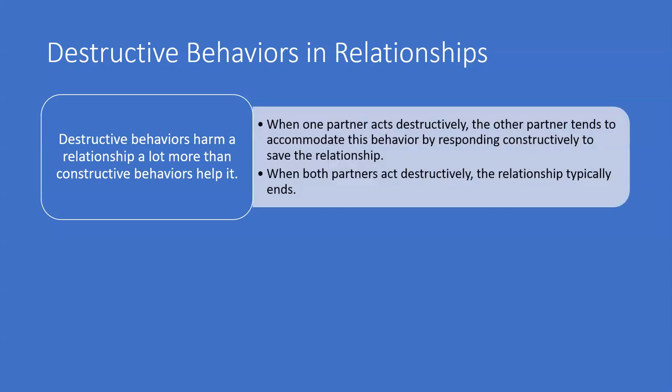When a partner gets to the point where they're behaving destructively, either actively or passively, their partner has to do things to match that behavior. It's like forcing your partner to respond constructively by force. So you get destructive, and then your partner has to come back in and pick up the pieces to save